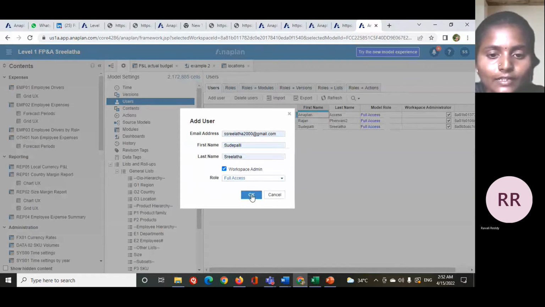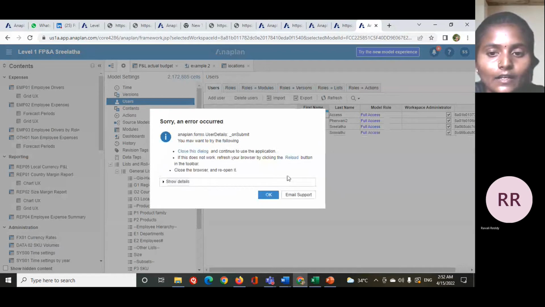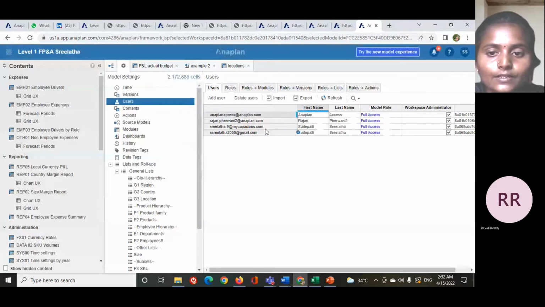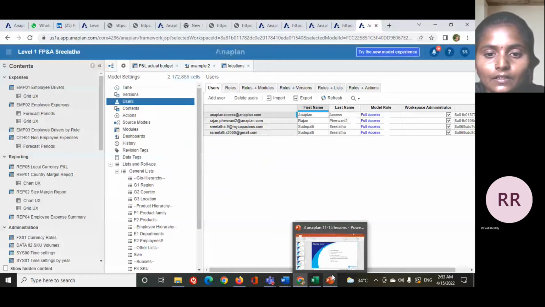If you click on OK... I don't need to add any user, but I will show you once. Like this we add the users, and